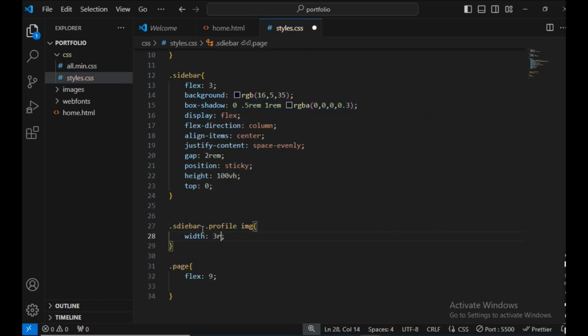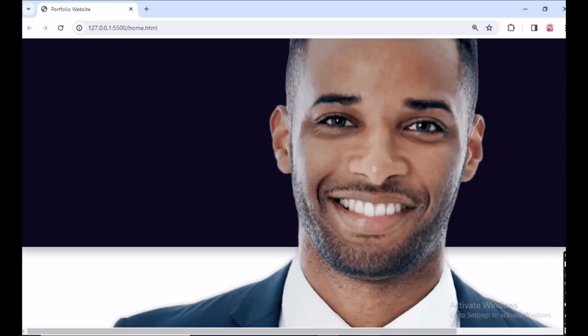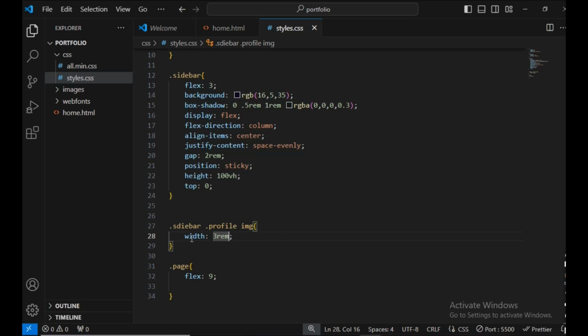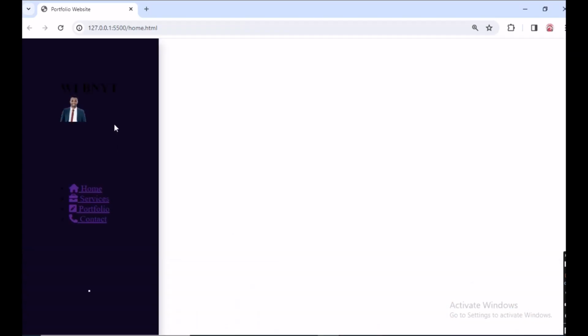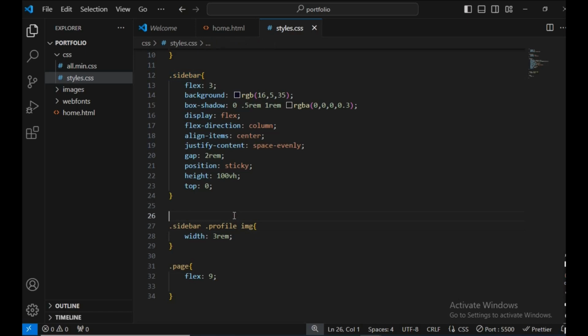You give the width of 3 rem. Let's see. Oh, it is still the same. Let's check. Oh, okay, I made a mistake with the sidebar, so let's correct it. Sidebar and see. Okay, so let's go and work on the profile itself. So sidebar dot profile,